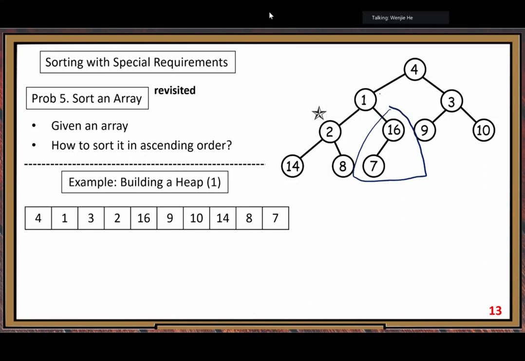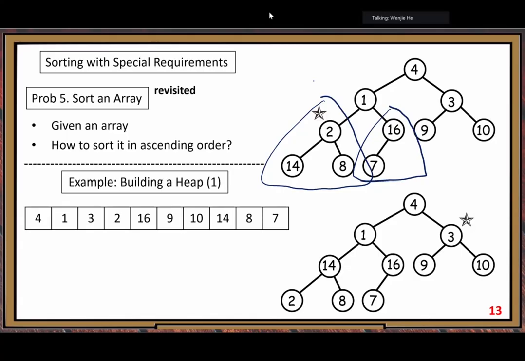Okay? No violation, right? So we move to the next local triangle. And in this place, we find a violation. We find a violation here. So we need to fix it. Okay? So we run the max heapify operation. All right. So to fix this one, after we fix this local triangle, we move to the next local